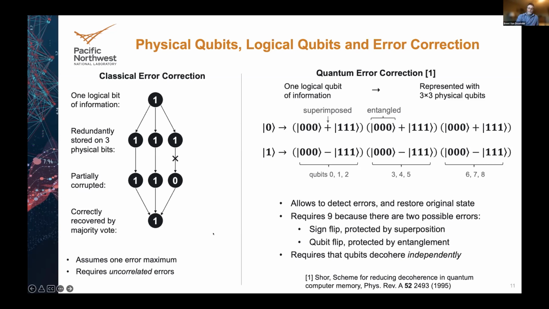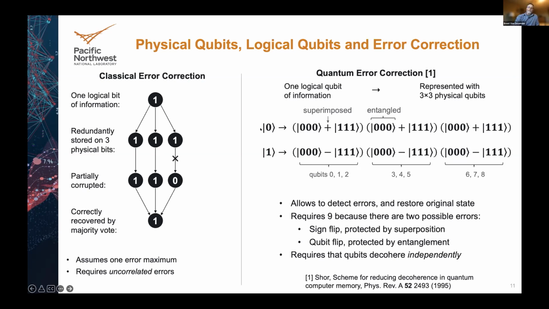So they have to be rare, so that there's only one, and they have to be uncorrelated, so that when one bit fails, it doesn't take another bit with it. If that happened in this 3-bit scheme, you would draw the wrong conclusion about what your original state was and not correctly reconstruct it. There are quantum analogies to this. The simplest one I know of takes actually 9 qubits to represent one logical bit of information. 9, because it takes 3 to protect, or there are 2 different errors, remember? It takes 3 to protect against the bit flips and 3 against the sign.